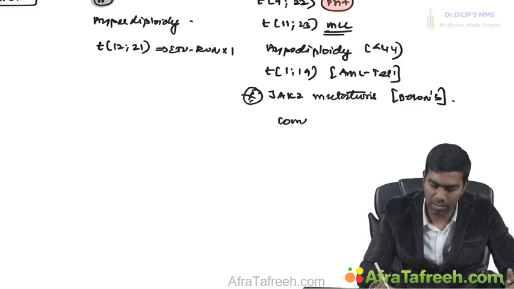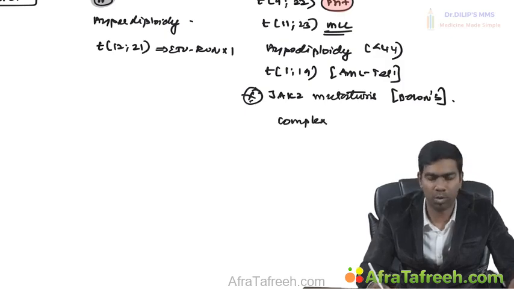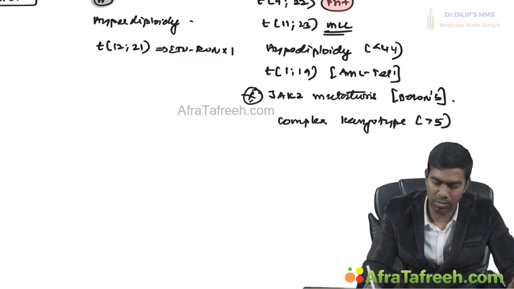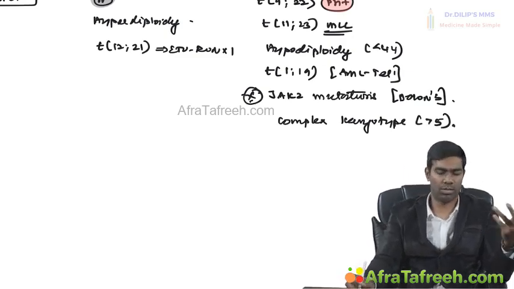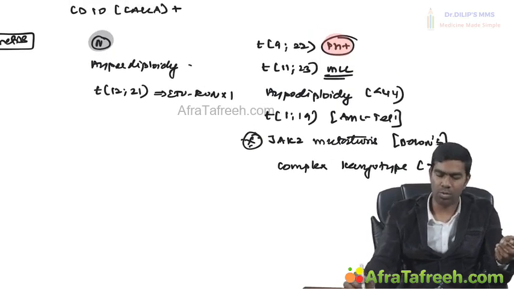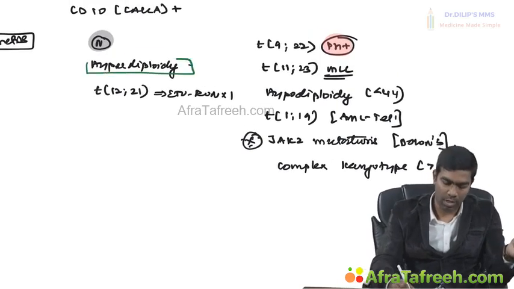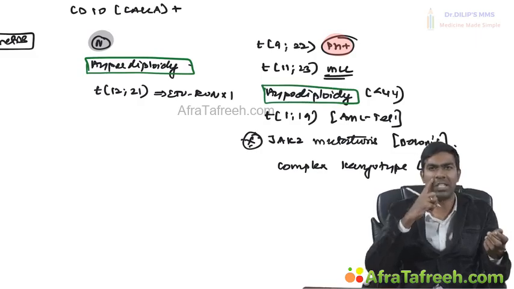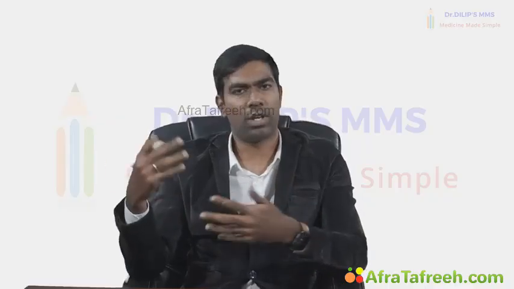And complex karyotype. There it is more than 3 chromosomal issues. Here it is more than 5 chromosomal issues. So the patient is having very complex, more than 5 unrelated chromosomal issues. So this is definitely a very poor prognostic sign, of which I would like you to note this hyperdiploidy, because you have hypodiploidy here. Because in exam it's very easy to set the paper. All of the following are standard risk or all of the following are poor risk, except, they will give hyperdiploid or hypodiploidy. It's very easy to give the question. That's why that point is very important.